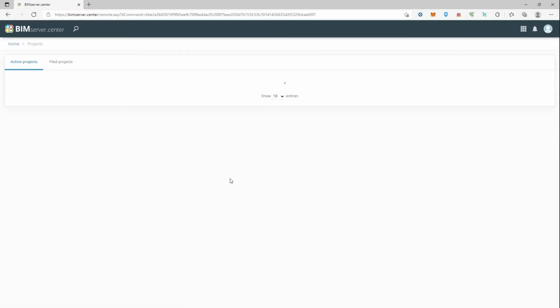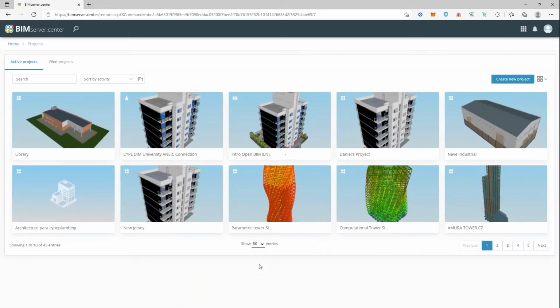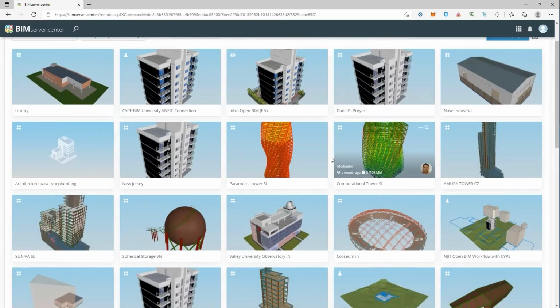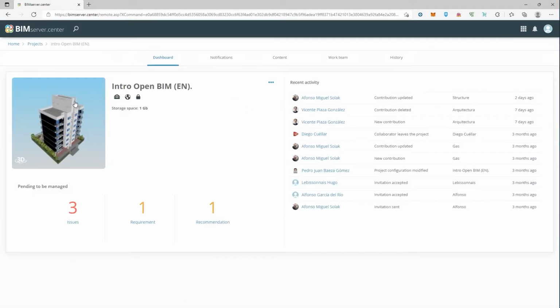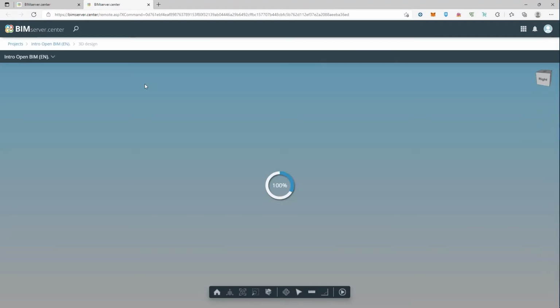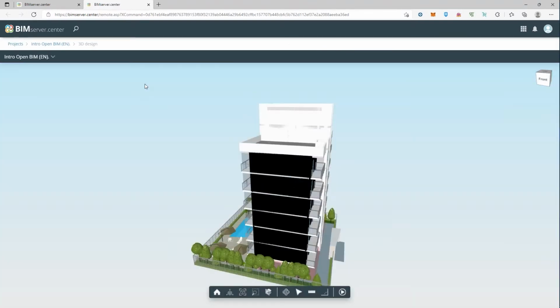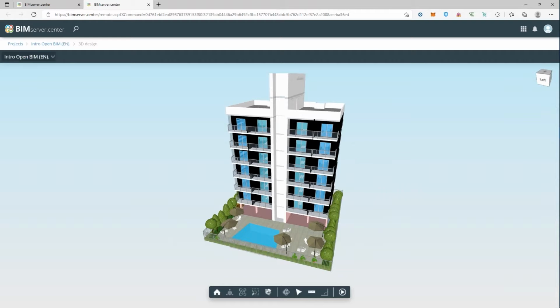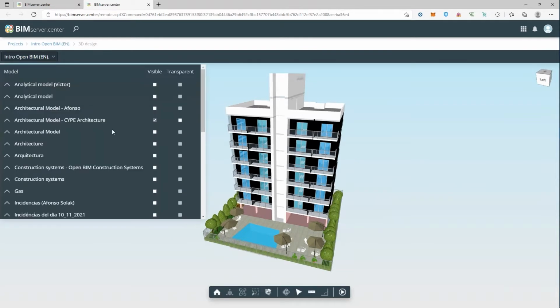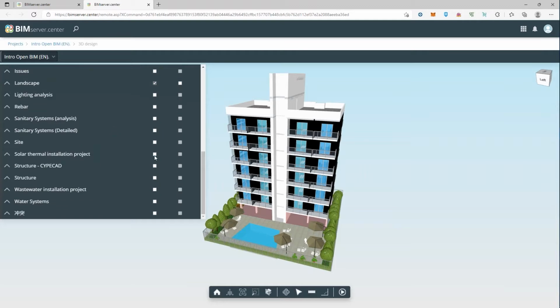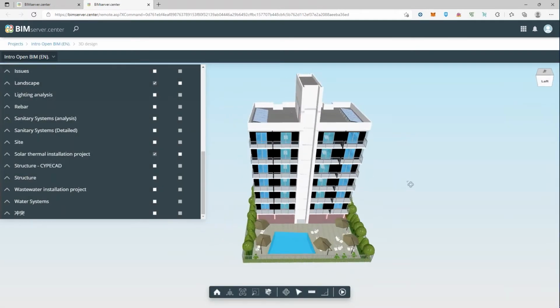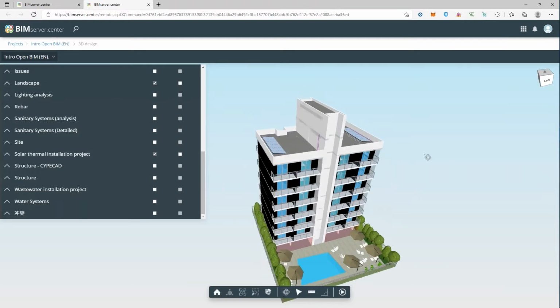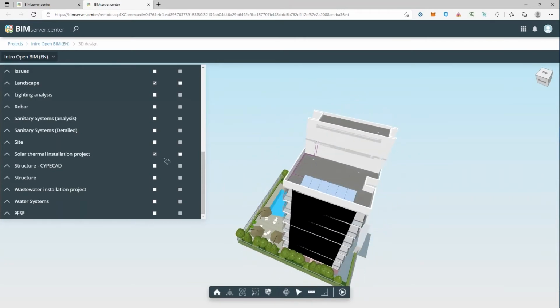The project menu allows us to have all the projects that we are currently working on. We are able to check how the project is going, and we can check all the files that we have uploaded into the BIMserver.center. As you can see, this is a 3D view of the building. With the drop-down menu, we are able to show and hide all the files that the members of our work team have created and introduced,